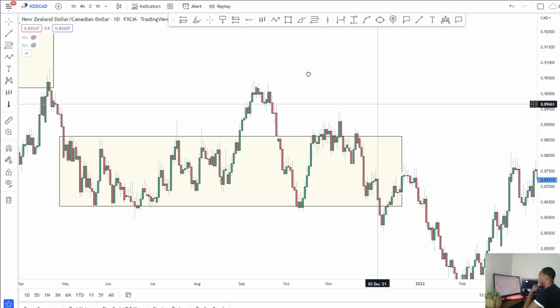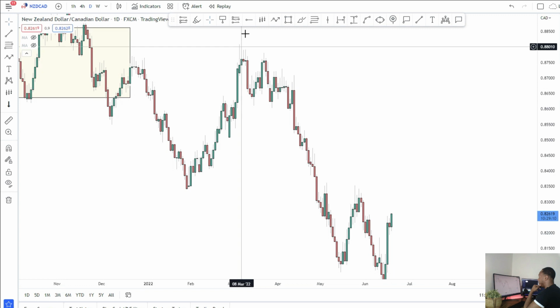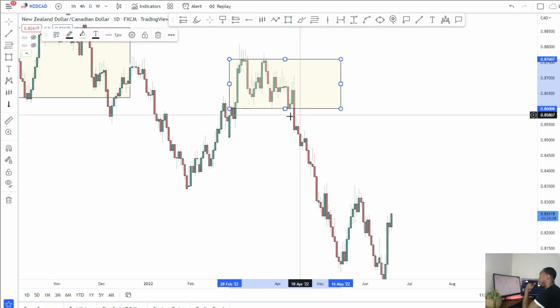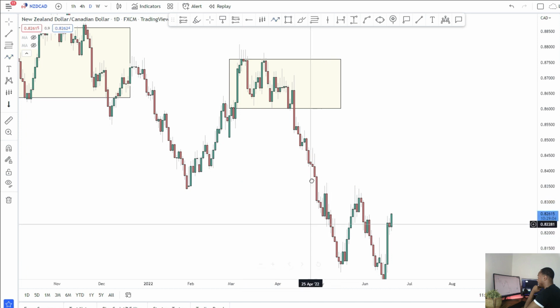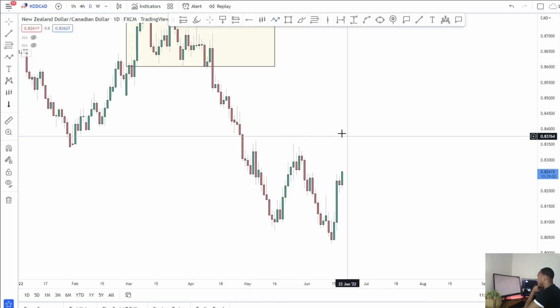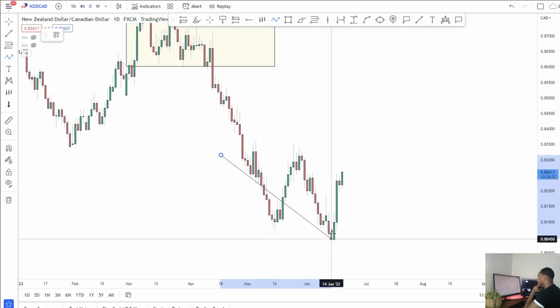highs of the consolidation. Then here we got another big trending move, then a bigger retracement, and the market consolidates at the top of that retracement. Then here another big trending move to the downside. So now focusing on this price action here, we've got a nice trending move to the downside, retracement, trending move,